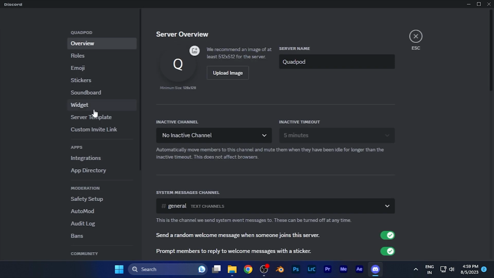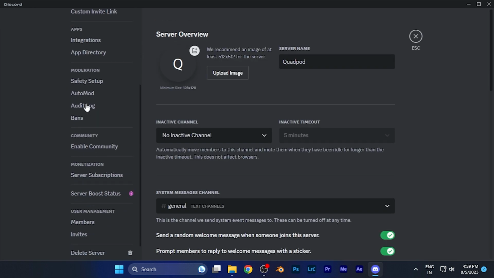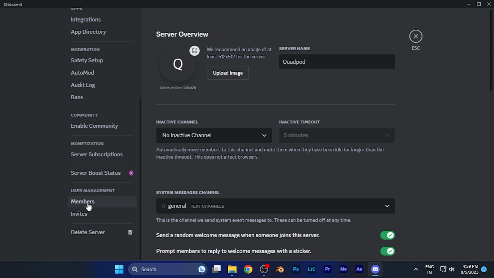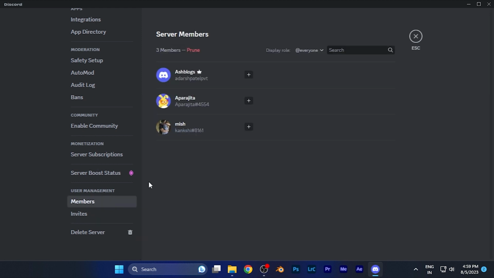When you go to the server settings, on the left window you need to scroll down until you find an option of members. It's just right there. When you click there, you're going to see all the members that are present on the server. Now to give the ownership to someone else, like this crown shape has been in front of the owner of the server. Currently it's in front of my profile.